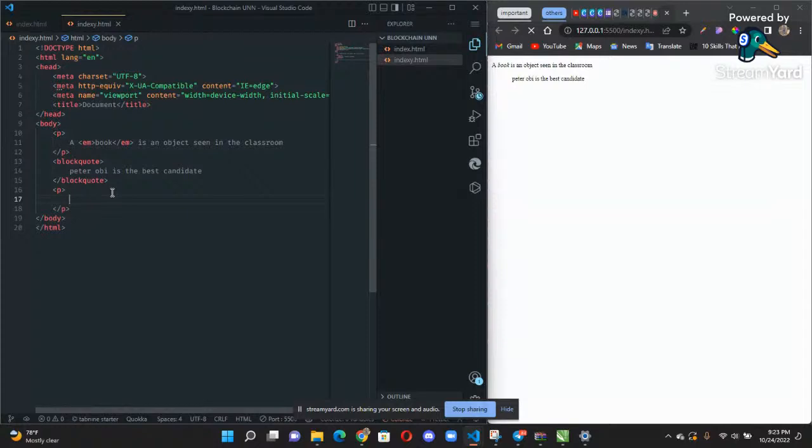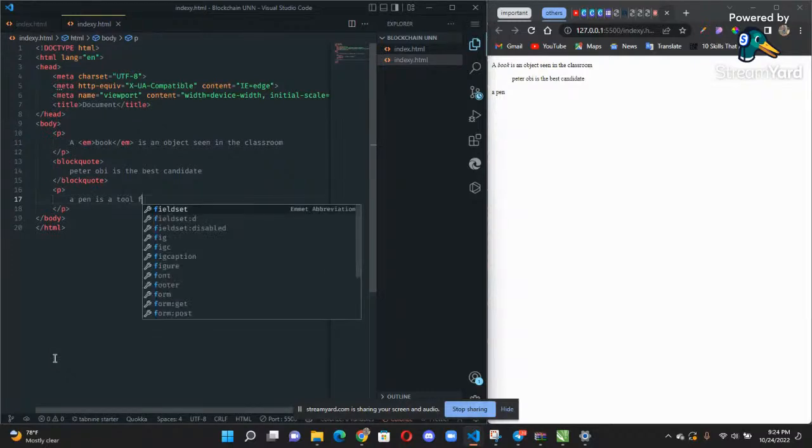Let's use a pen as an example. A pen is a tool for writing. Now let's use the definition element here now, dfn.